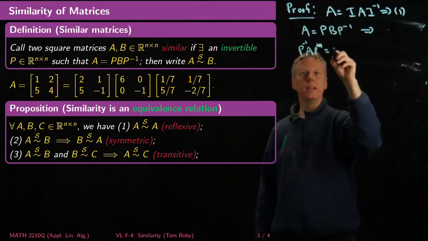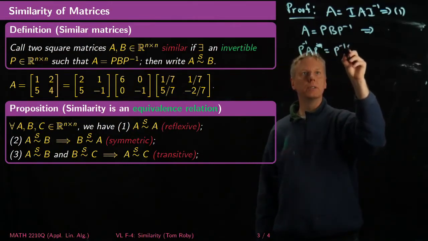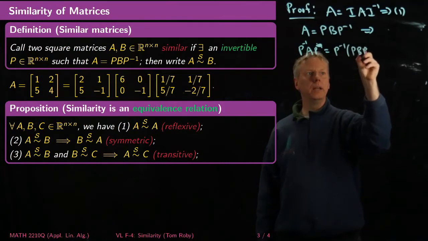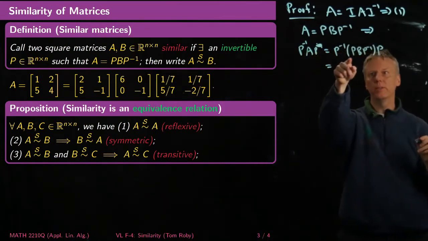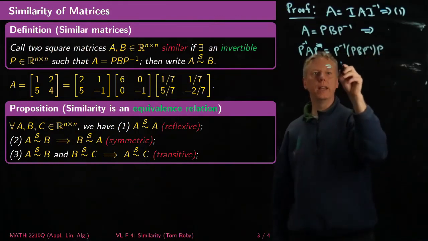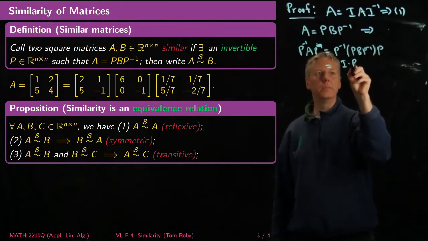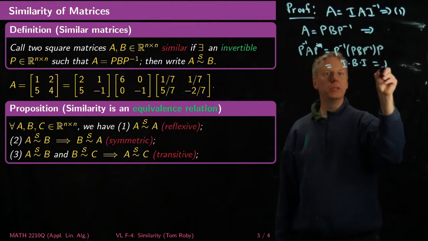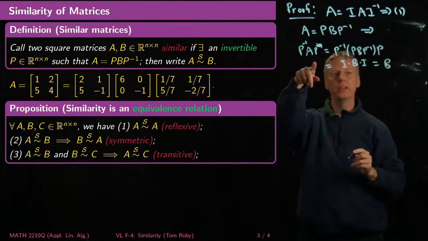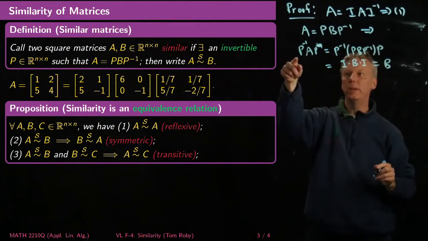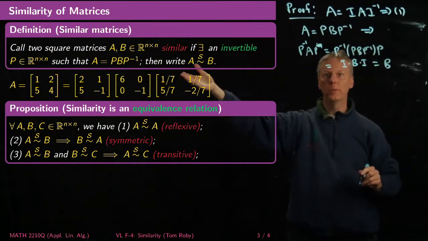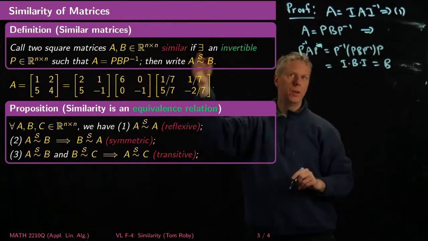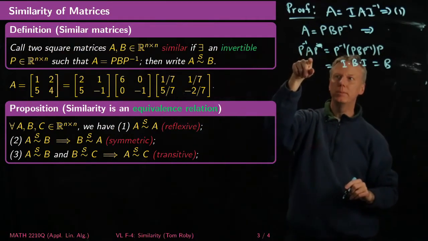So P inverse AP is going to be P inverse PB P inverse P, but that's just P inverse times P. That becomes the identity. This is just the identity times B times the identity, which is B. Okay, so what have I shown? I've shown that B is equal to P inverse AP, and that's of the form some invertible matrix times its